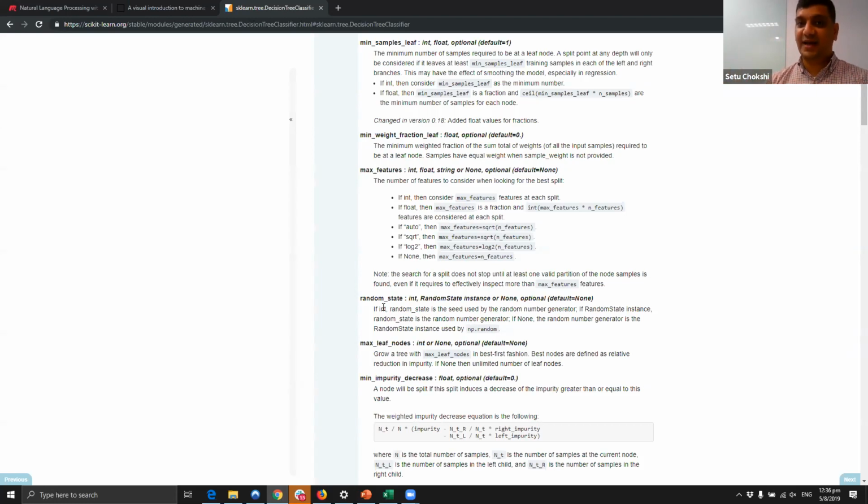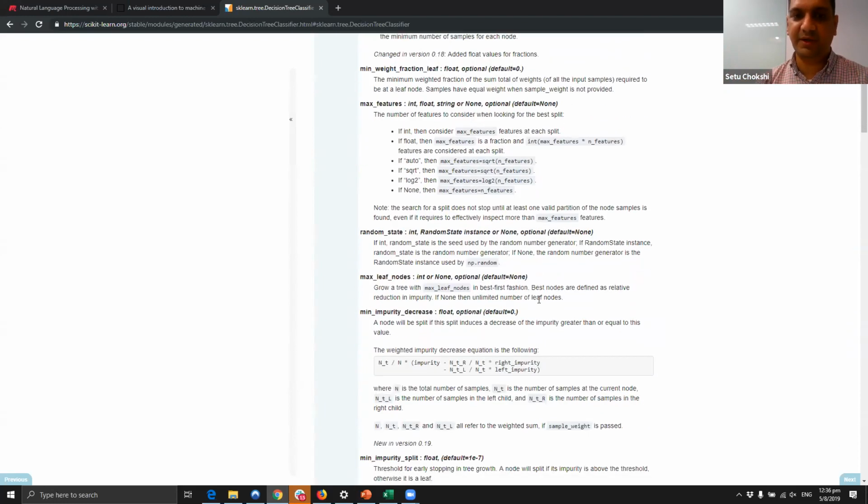So where it gets done, if you want to have that tree be repeatable, then you set up a number associated with that, whatever number it is. As long as you put your number, the tree that's going to happen is going to be reproducible, which means that the same structure will get built.